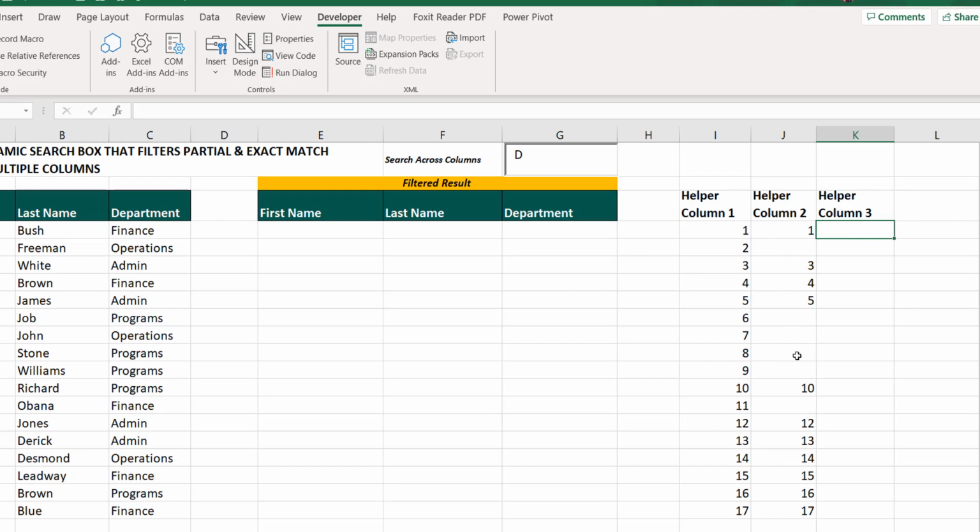Right. So in the third helper column, we'll just arrange our search result, because you can see we are having spaces here. So we want the results here to appear in ascending order. Then we'll be using the SMALL function alongside the ROWS function. So the SMALL function returns the smallest number in a range. But we'll be using the SMALL